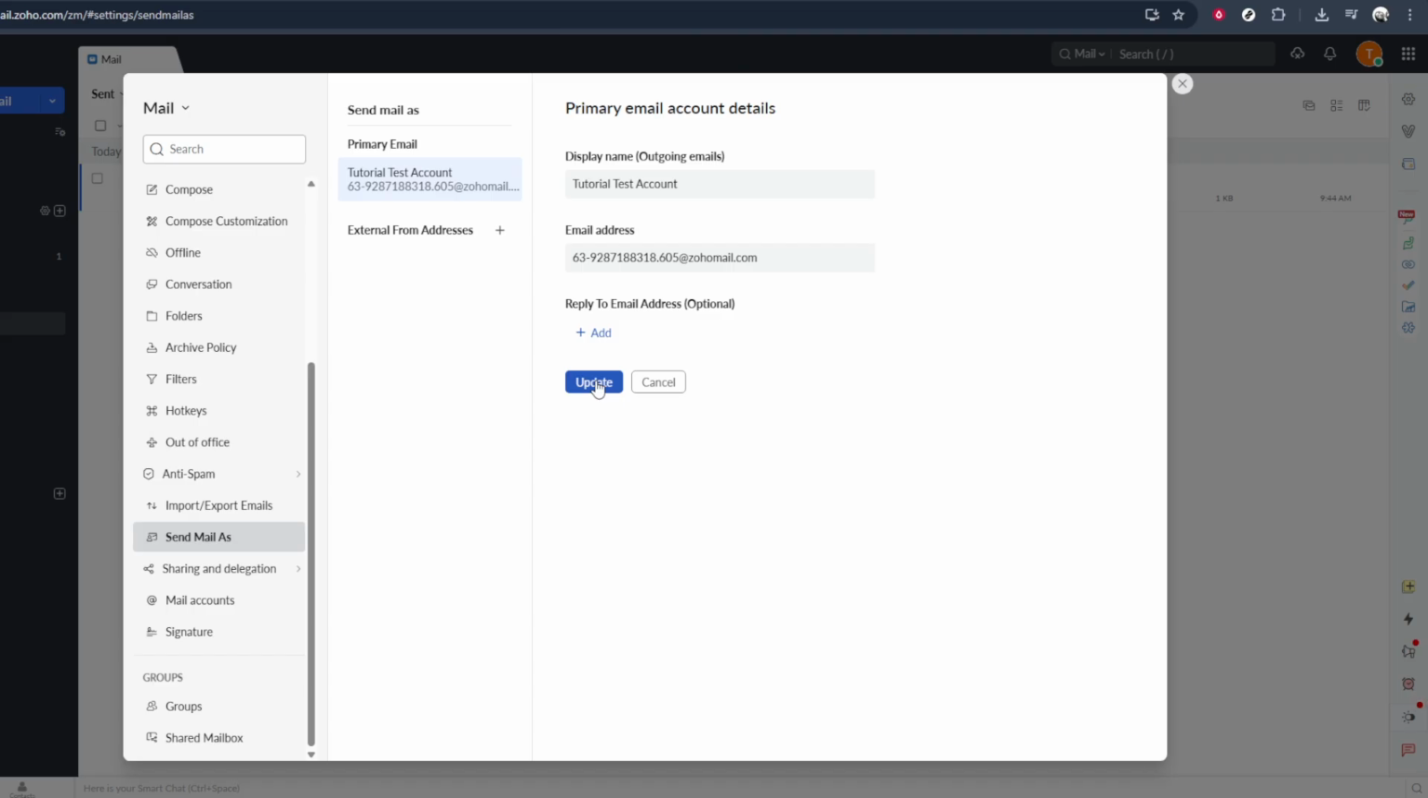To confirm that everything worked, you can send a quick test email to yourself or to a secondary email account and check how your name appears in the inbox. And that's it. You've successfully changed